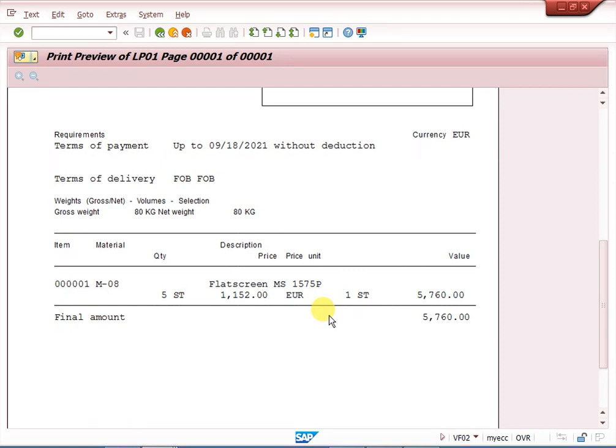Once they have completed it, we need to test thoroughly each and every field and the format layout. Once we are satisfied in the development server, we move it to quality. In quality, the user can test. Once they accept the testing, we can move it to production. If there are any gaps, the user can say this requirement is not fulfilled. Again we need to send it to the ABAPer with a corrected functional specification, and they fix it. We send it again to UAT, user acceptance. Once they accept, we can move it to production.